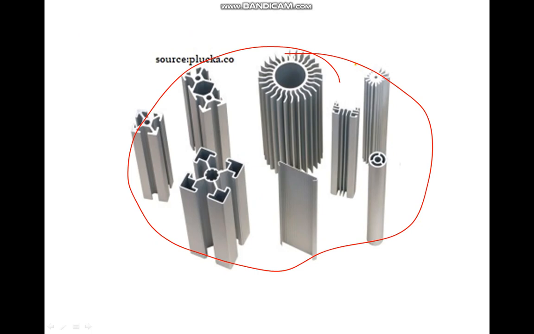So these are the various products manufactured by the extrusion processes. What are the products manufactured by the direct extrusion process? Pipes and tubes are manufactured, it may be plastic pipes or plastic tubes. Those are manufactured by extrusion processes. Rods and rail sections are manufactured by extrusion. So this is all about the extrusion process.